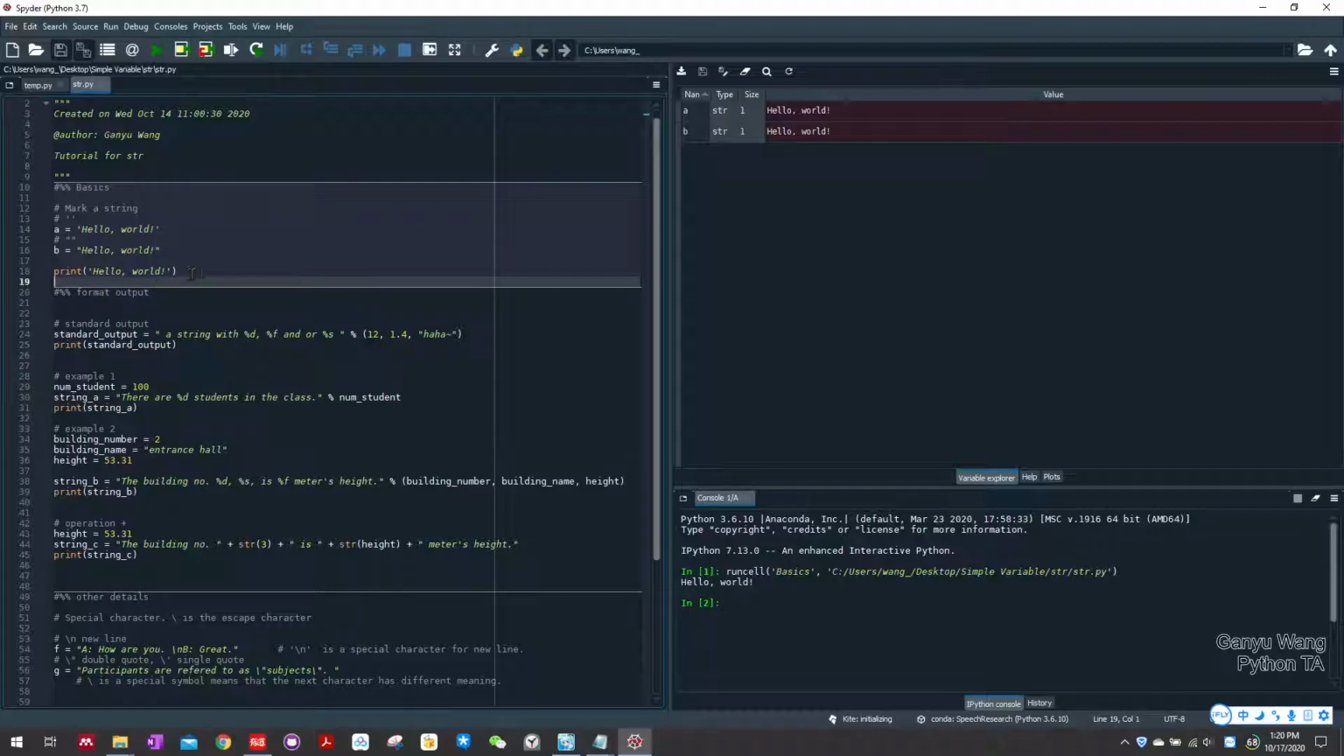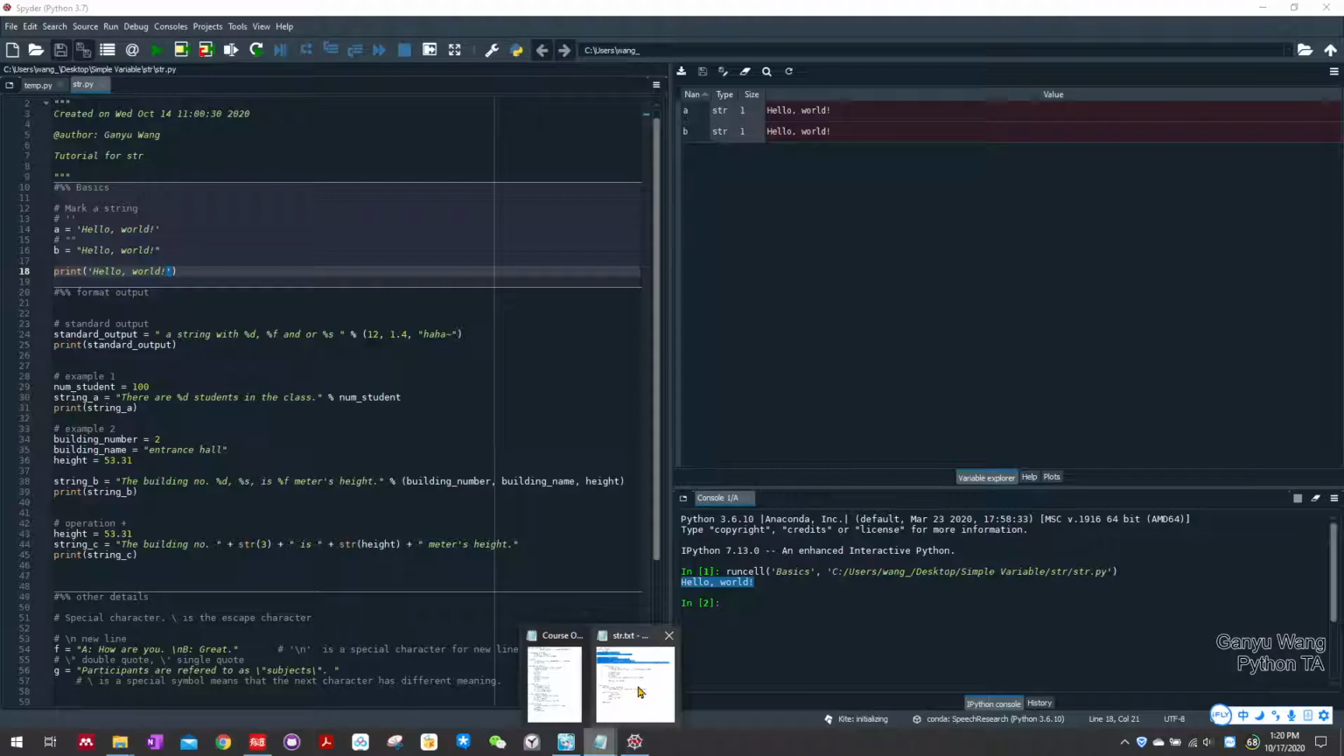So we can also see here it's print hello world, and it only prints hello and world, and there's no quotation mark here because the computer uses quotation marks to mark the string. Okay, so